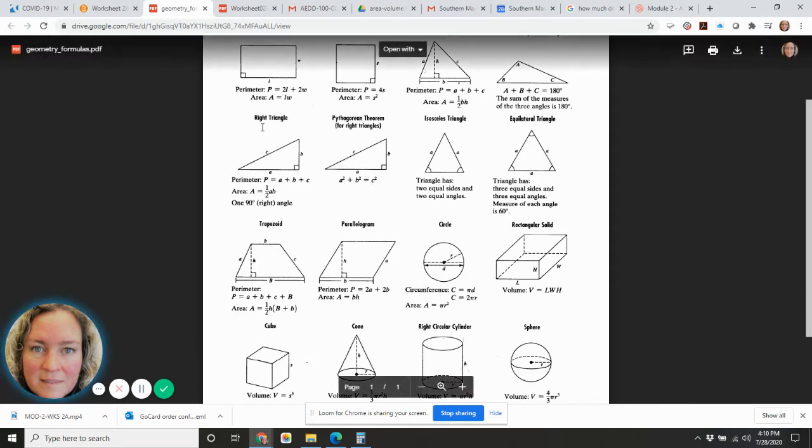So this is your reference. It also identifies what it is that you're looking at. What's a rectangle compared to a square? What are the different types of triangles we're dealing with? We have right triangles being represented here. We have an isosceles triangle, an equilateral triangle,